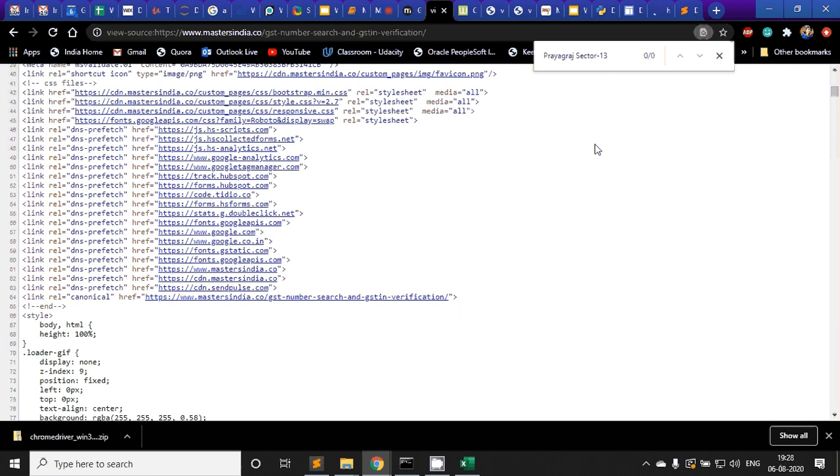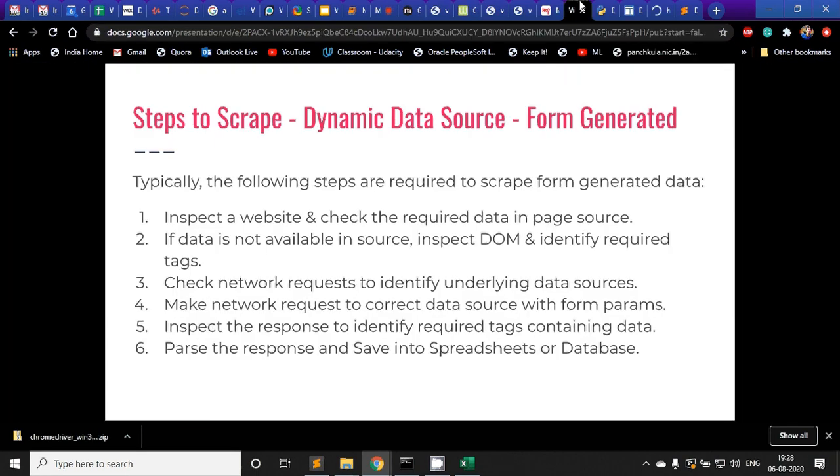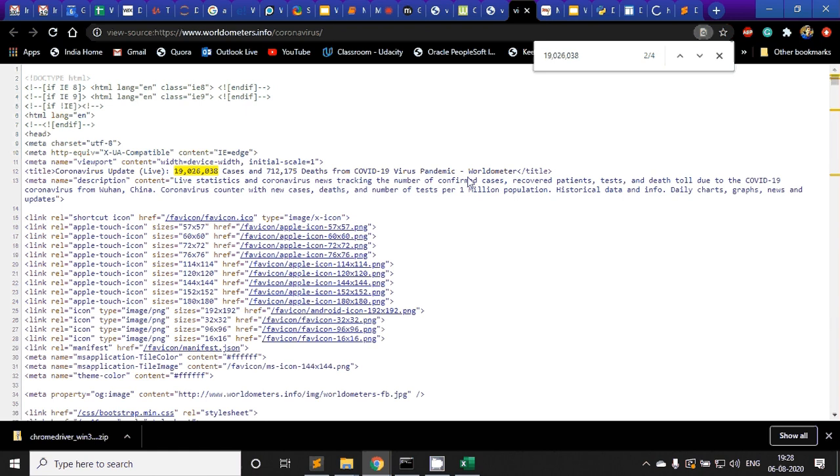So if the data is not available in source, we will inspect the DOM and identify required tags. Okay, so what is this DOM? We will discuss more, but simply the full form is document object model. When the backend server sends this gibberish back to the browser, it doesn't make any sense right now.